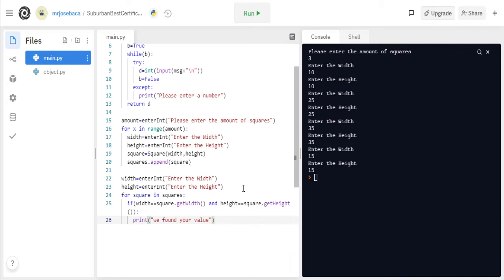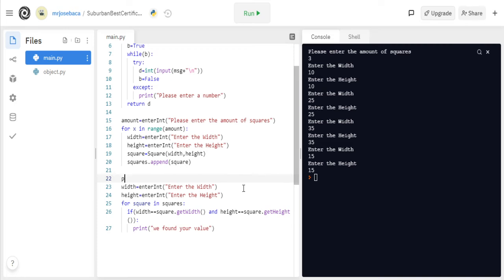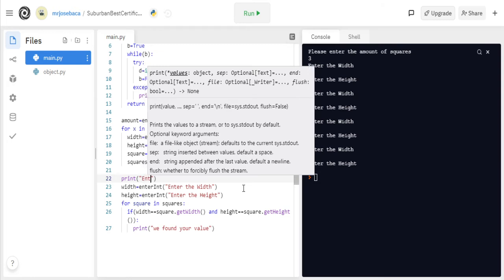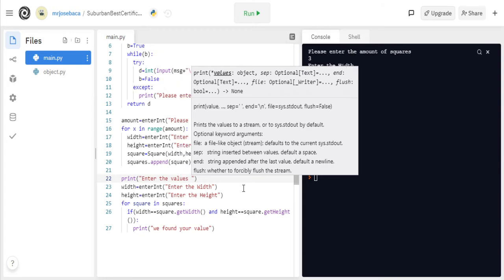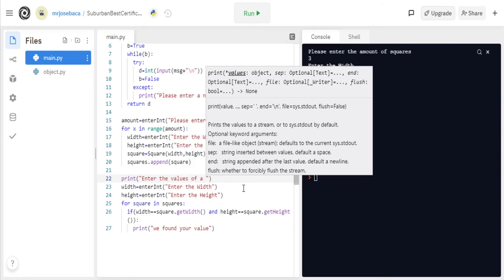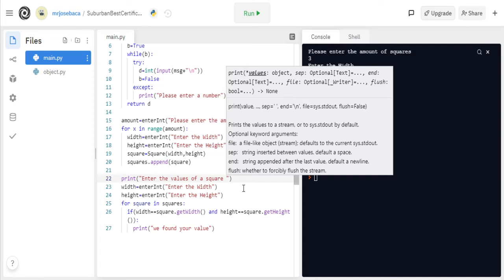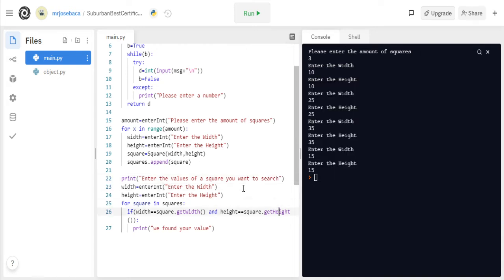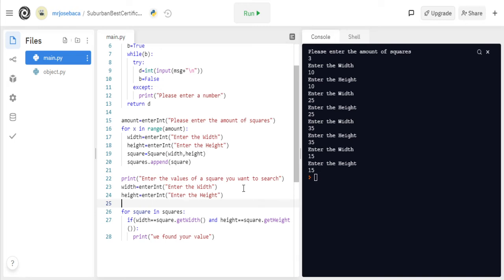Okay, so here we need to add some things. Okay, like we're going to add here a print and we're going to say of a square you want to search. Okay, that way. Now, what happened if we don't found? We need to add here something. So we're going to say